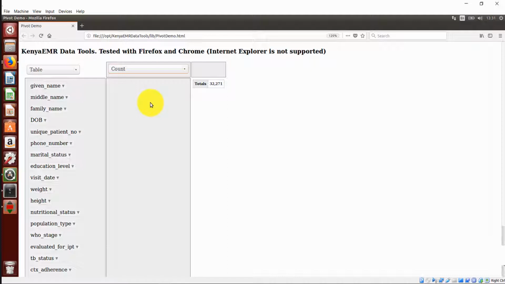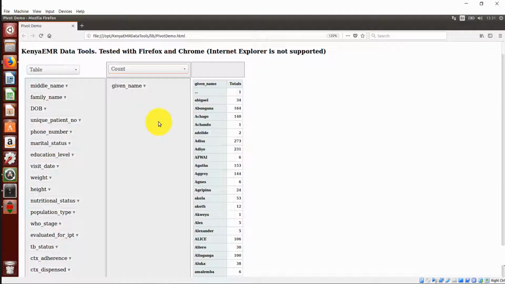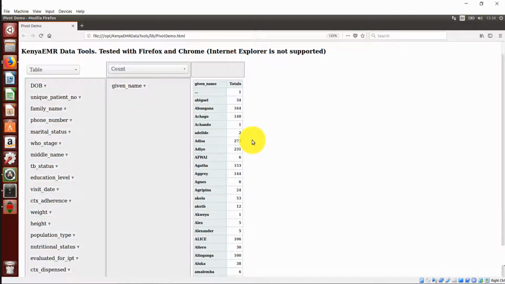you want it displayed. We have the columns and the rows. If you want your data element to appear on the column, click and pick it, drag to the column window. So basically, you will have your data appearing in column. So let us interpret a little bit of this data here. Remember, the database captures the number of encounters. It doesn't mean that we have 34 Abigails in the database. What this means is that Abigail has been seen 34 times.